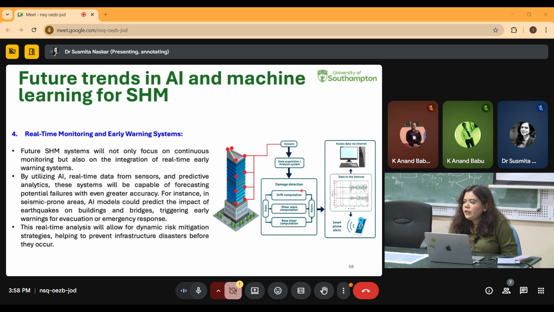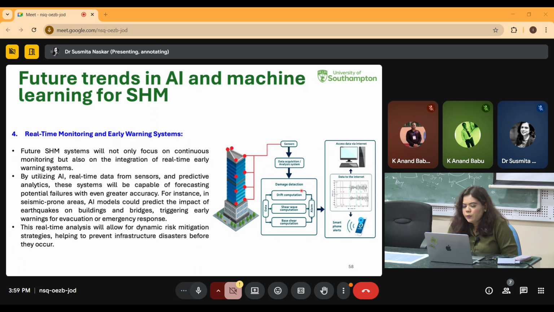For example, if you think about seismic prone areas, AI models could estimate the impact of an earthquake on buildings and bridges immediately, and then immediately trigger the response. I think that happens quite a lot now. You can see on mobiles, we can immediately get evacuation responses, emergency responses if some issues happen. People are still working quite a lot on this kind of capability, and this enables dynamic risk mitigation strategies as well that will help to prevent infrastructure disasters